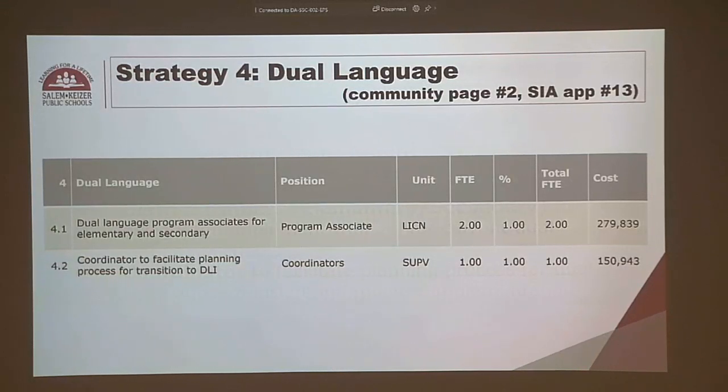And something to remember, our student investment account is an ongoing source of resources for us. So for this year, we would like to hire the 2 program associates to be coaches for $279,000, and then 1 person to be the coordinator of overseeing, laying the groundwork for the expansion of our dual program for $150,000. I would anticipate that we will come back to you at a different point and say, we've laid the groundwork and this is our vision for moving forward, and it could be a point of attention moving forward with the student investment account. But this is what we'd suggest for next year.